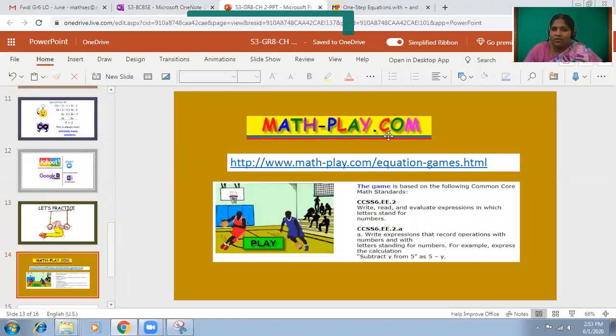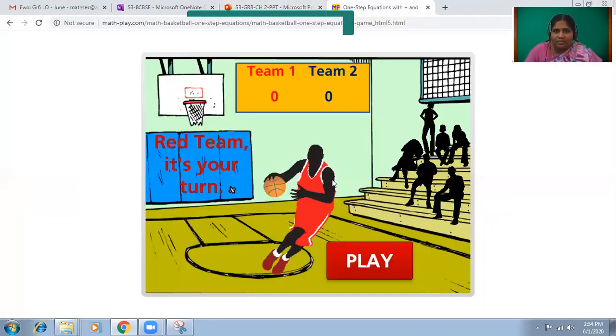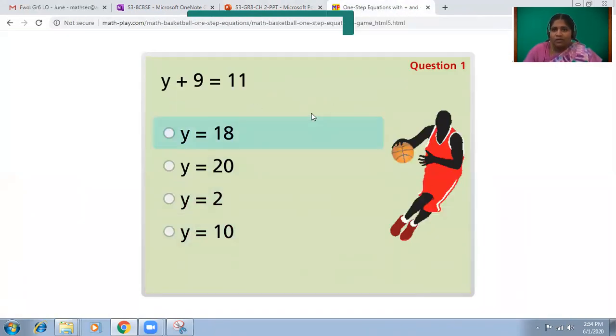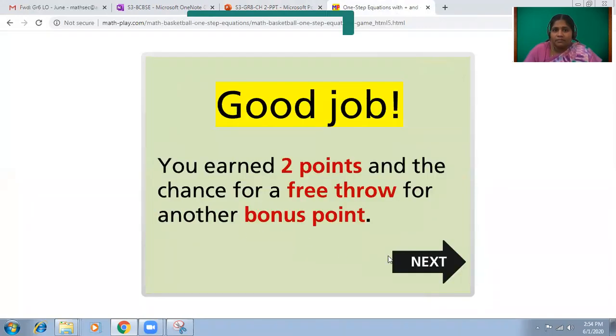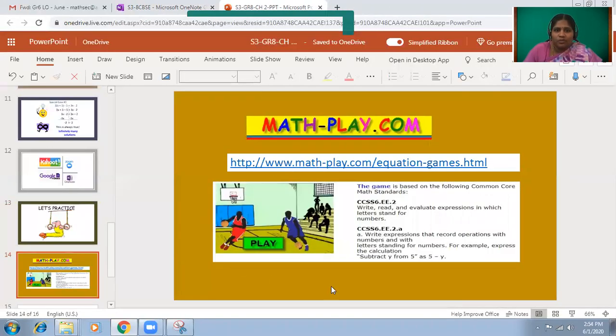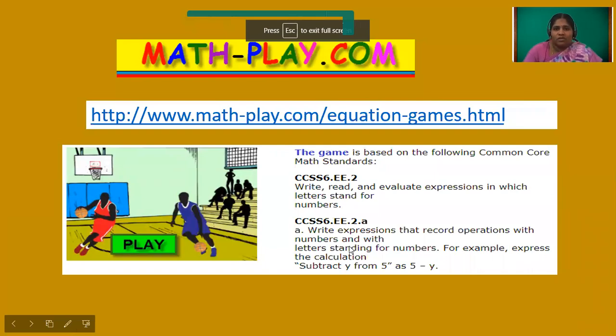So now coming to the next one. We have mathplay.com, one interesting math algebra games site. So please go through this site and click on the picture. I mean, the thing which you are observing, I will show you once. If you click on this, you'll get a question related to algebra. Okay. So please explore mathplay.com and play one or two games and come up to my class.